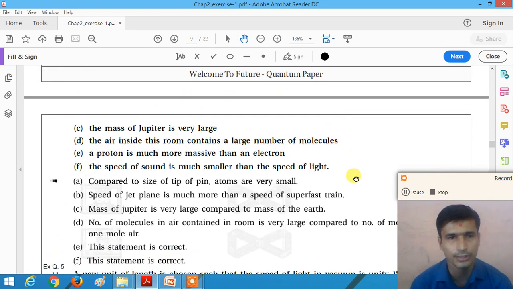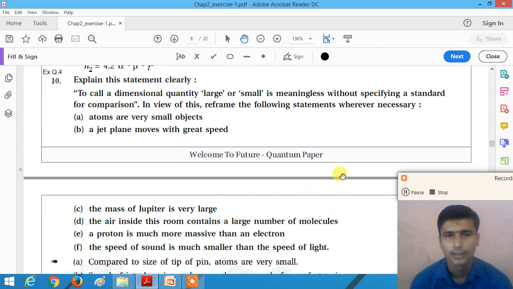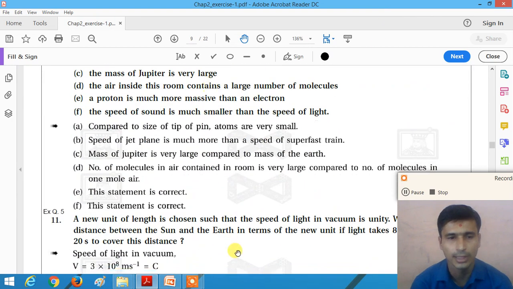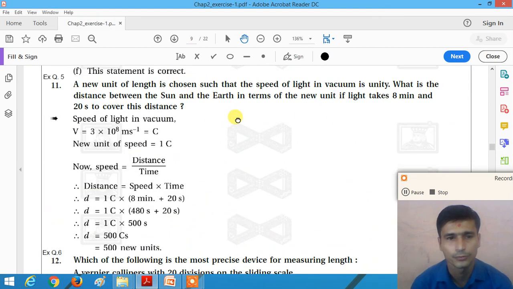Understand, dear student? Question number 4, right? To represent the physical quantity large or small, we must specify a comparison with the other physical quantity. Now question number 5,